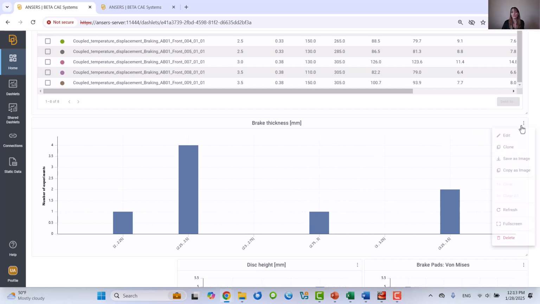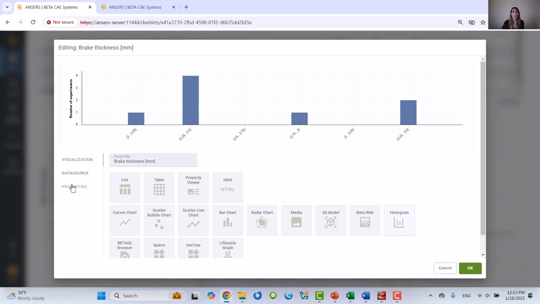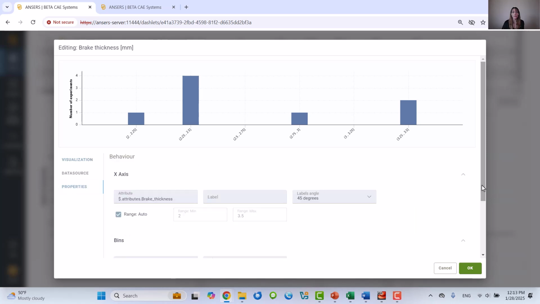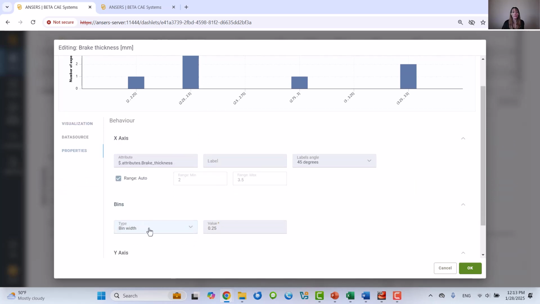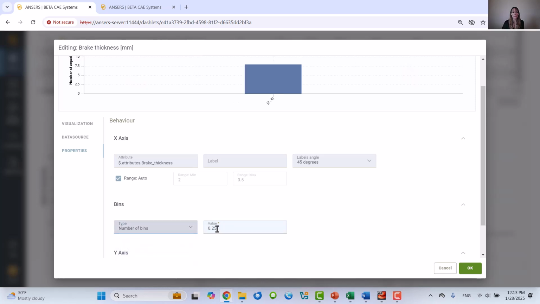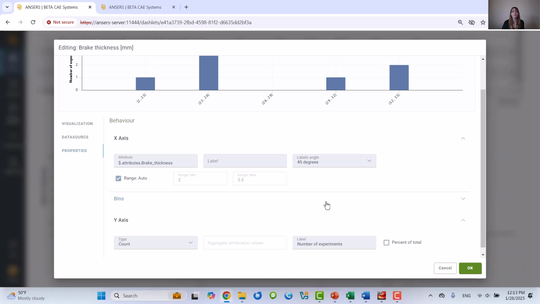Following this, if I edit this panel and go under Properties, you can configure the intervals by choosing either the bin width or the number of bins, depending on the accuracy you would like to achieve for this distribution.